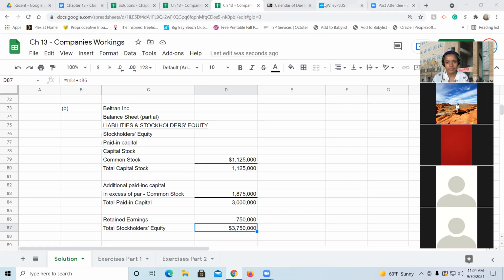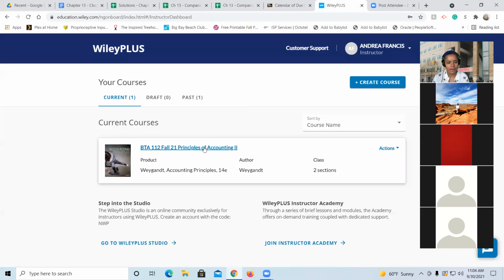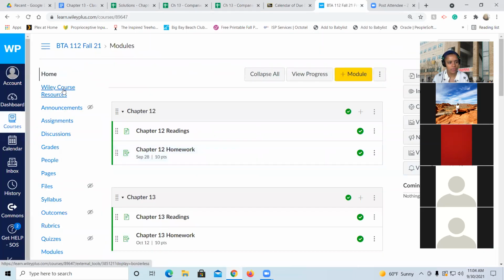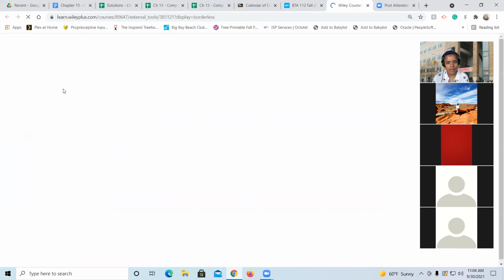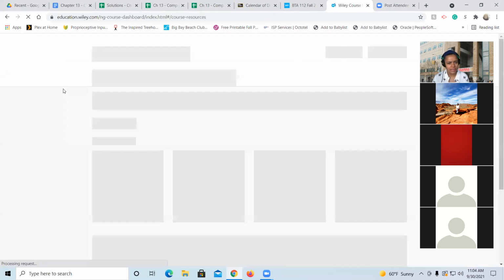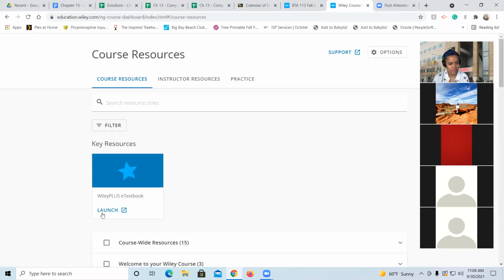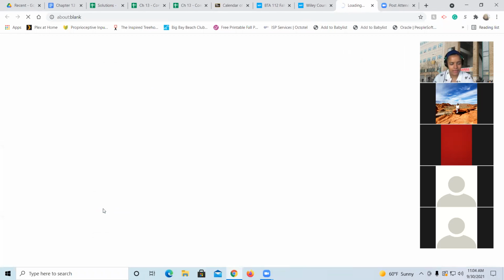So let me show you where in the textbook, and getting to the textbook in Wiley is a little bit strange, but you just go to Wiley Course Resources. And yesterday there was a lot of problems with the e-textbook opening. I don't know exactly what was going on with Wiley, but in the textbook in chapter 13,